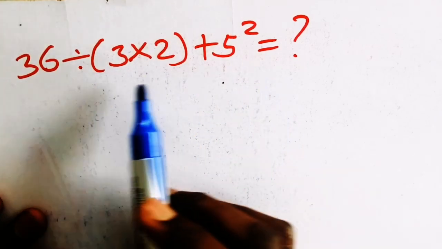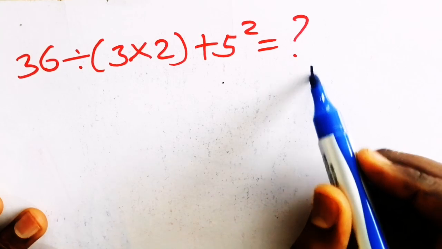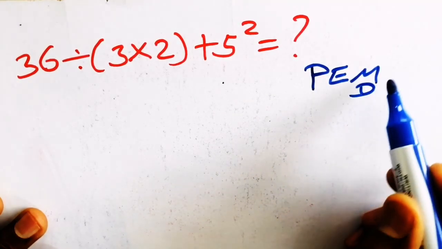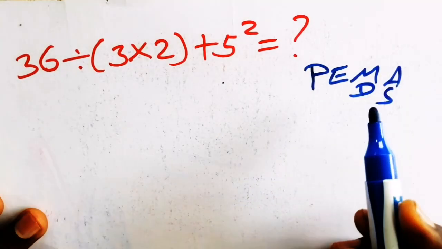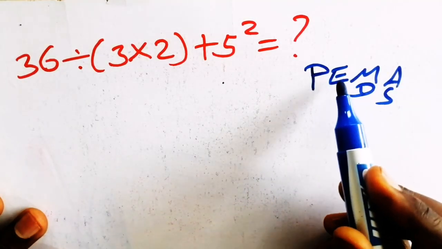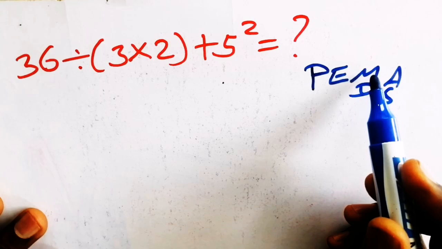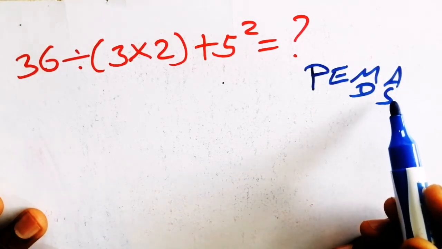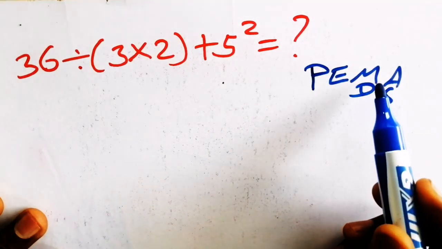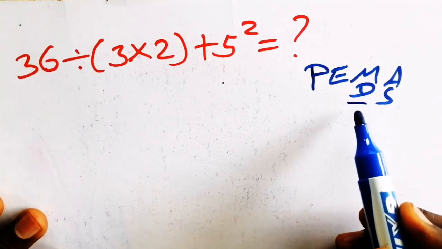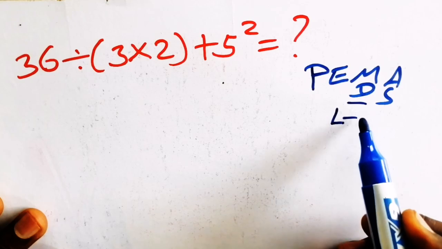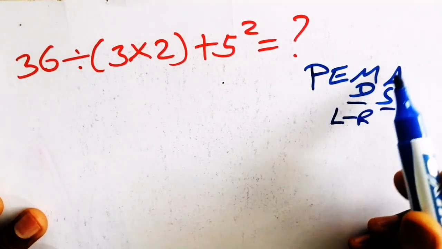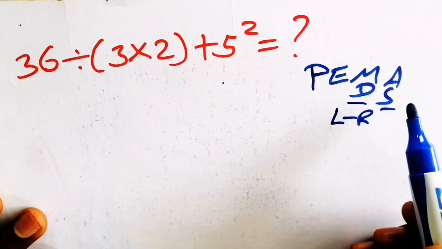In order to get the correct answer of this expression, we have to follow the order of operations, PEMDAS. P stands for parentheses, E stands for exponent, M stands for multiplication, D stands for division, A stands for addition, and S stands for subtraction. According to PEMDAS, multiplication and division have equal priority, so we work from left to right. The same applies to addition and subtraction. Therefore,